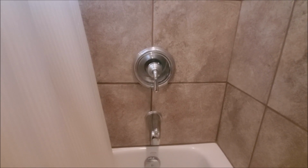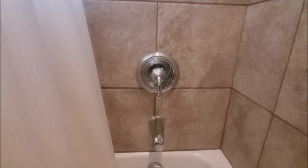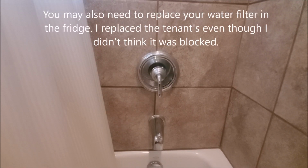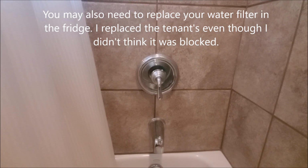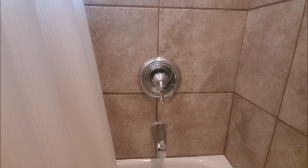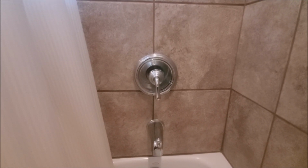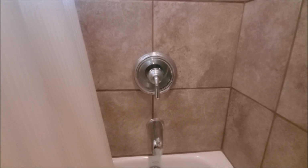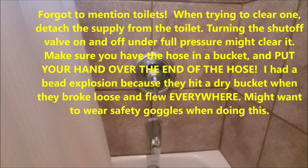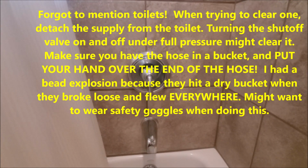Your refrigerator, if you've got a water dispenser in it, can clog too. I did not have to do this on mine, but you may have to disconnect it from the fridge and flush that. We didn't really see any contaminants in the refrigerator line, thankfully, but that is one you've got to check. The dishwasher, you also got to pull and disconnect and check those lines. Basically anywhere that there's water, you could potentially have beads. So, have fun. It really sucks, but